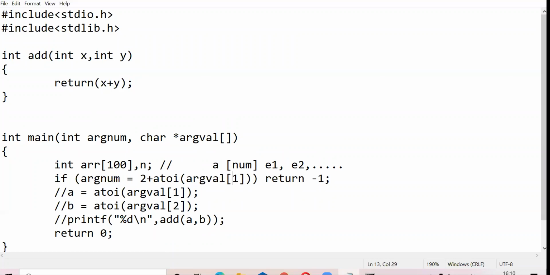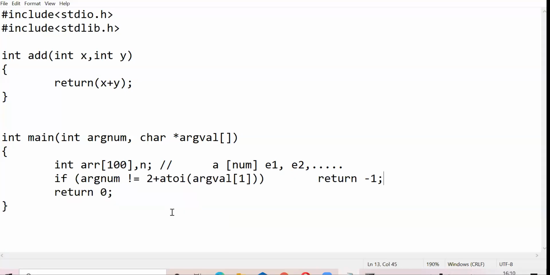So argval1 tells you how many elements are there in the array, how many elements the user wants to give. So the total number of arguments should be those elements. So this is argval1, the number of elements, plus 2. This 2 here, one is for your program name and another one is for the size of the array, right? So if your argnum is not equal to this, it returns -1. And you can have a printf statement here saying that it's an invalid input. Perfect.